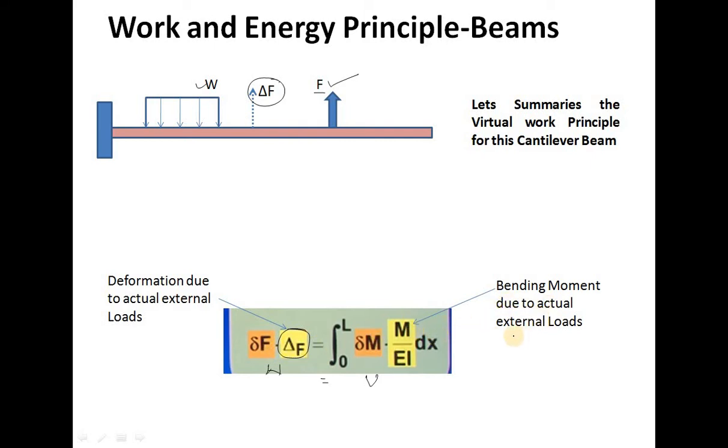and this is the bending moment due to actual external loads. So what are the actual external loads? F and W are the actual external loads. So whatever bending moment gets developed because of these actual external loads, that is this M,